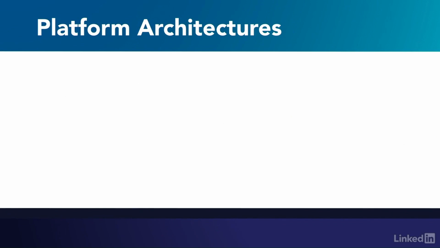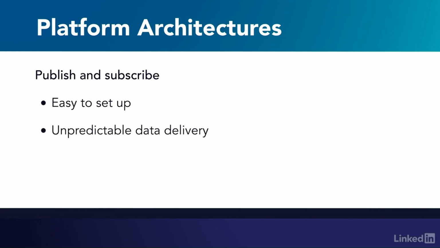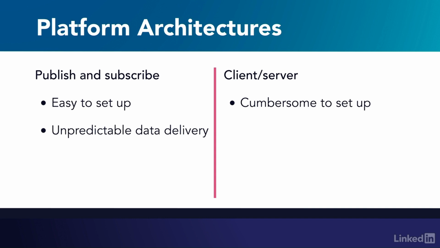There are two main IoT platform architectures. The first is a publish and subscribe architecture that uses messaging. Generally, this is easier to implement, however, the time of data delivery is less predictable. The second architecture is a client-server architecture. While a little bit more complicated to implement, it can be used in more real-time applications. Most, if not all, companies